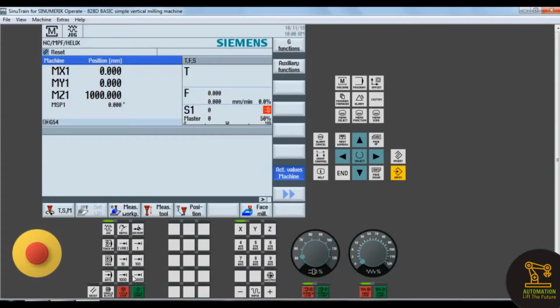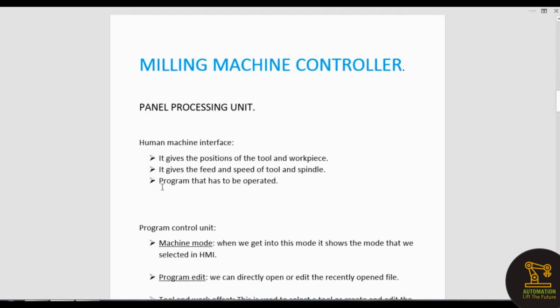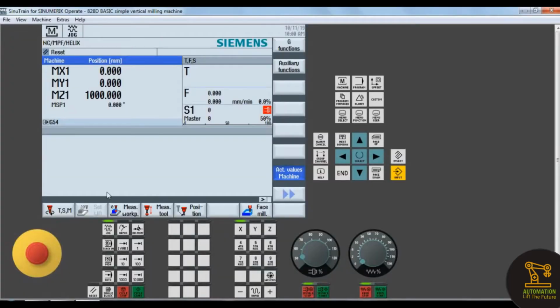It has been given on the right side. And it also gives the program that has to be operated. Here, the program will be shown that has to be operated.